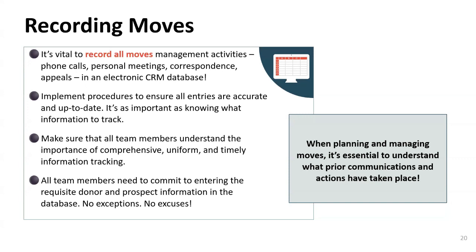So you have to implement procedures that allow you to enter all of this information accurately, measure it all actively, report it out all properly. And there needs to be a comprehensive nature to all of this with uniformity and timeliness that's incredibly valuable. And there needs to be a commitment on everyone within the organization to follow through on the reporting of the moves,